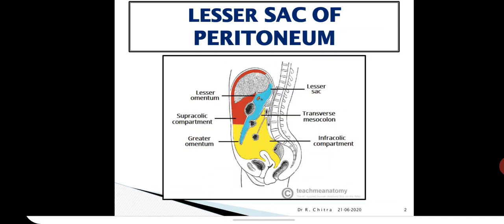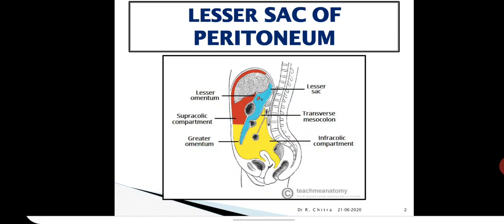Posterior wall, now you see the back blue color from below upwards. Third layer of the posterior sheet of greater omentum. Peritoneum covering the anterosuperior surface of the transverse colon. Then upper layer of the transverse mesocolon and peritoneum covering the anterior surface of the body of the pancreas. So with this also you can understand the anterior wall and posterior wall of the lesser sac.